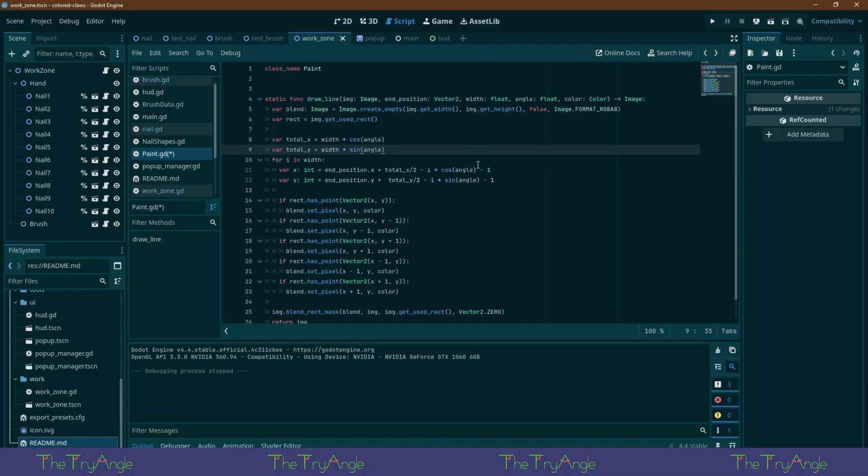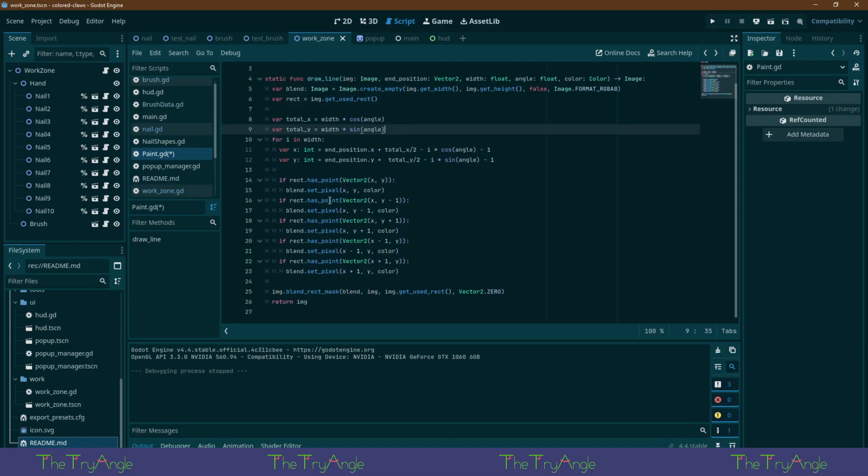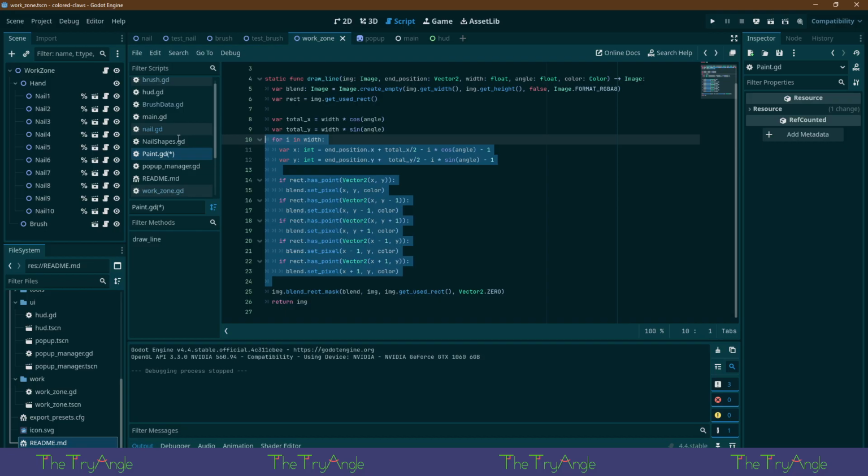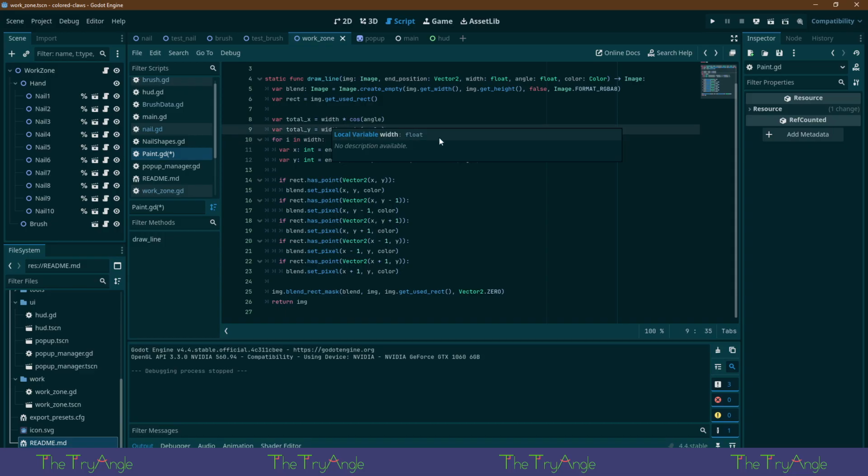In position. Oh yeah, we're looping and drawing. Nice.